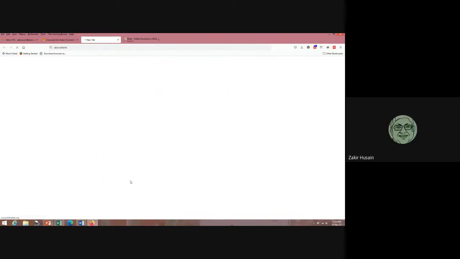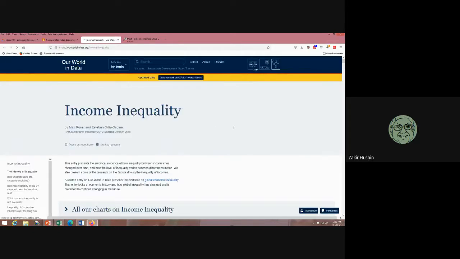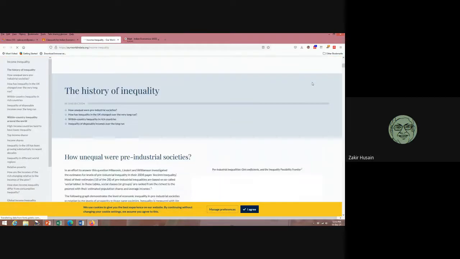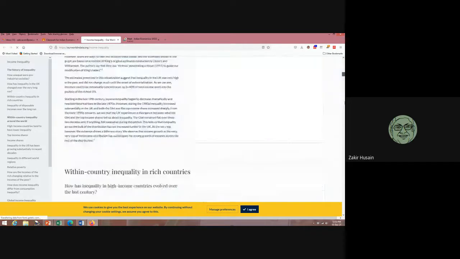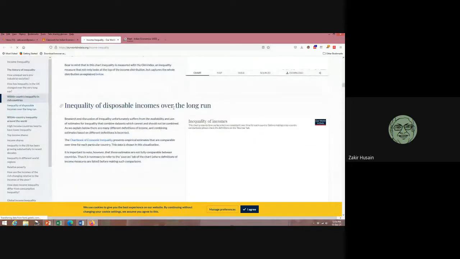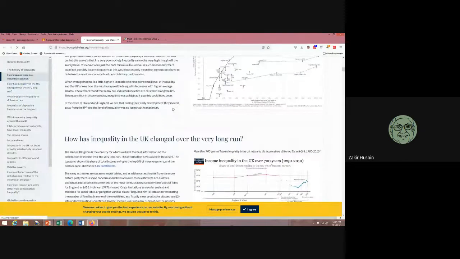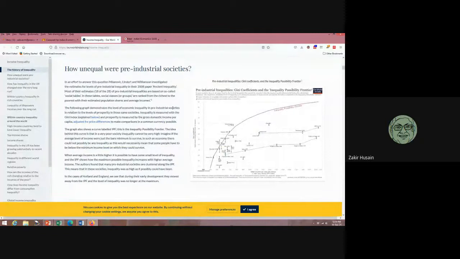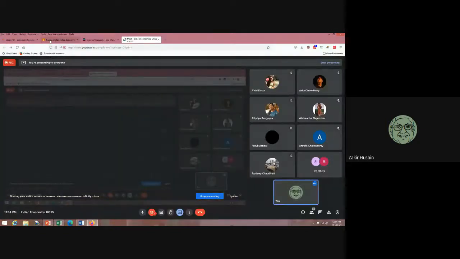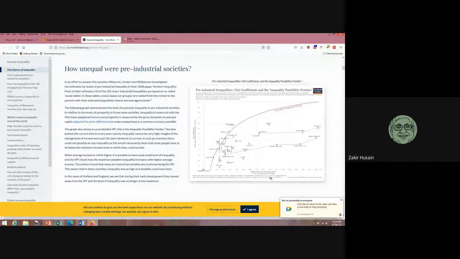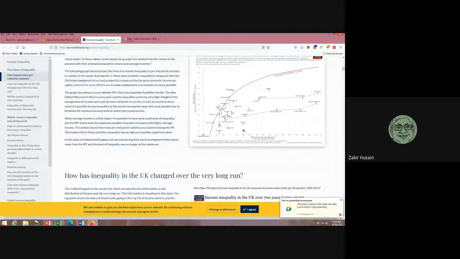এই স্লাইড, হ্যাঁ, এইতে তোমরা দেখো এখানেই সবকিছু পেয়ে যাবে। You just have to move up and down. You can download the chart, etc. যেমন পেন স্প্যারেটটা দেখো, ঠিক আছে, এটা যখন এসে গেছে এটাই দেখাচ্ছি। How unequal were pre-industrial societies. I think this is group 2. Okay. So you can